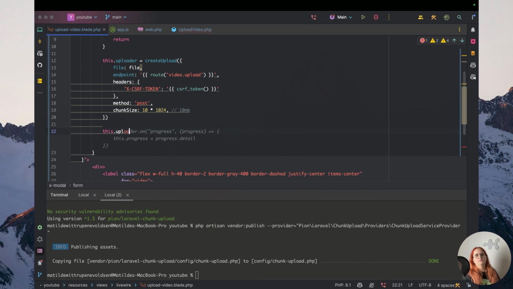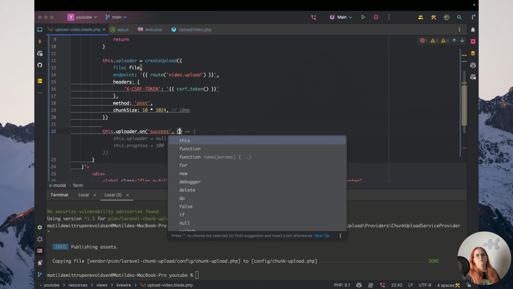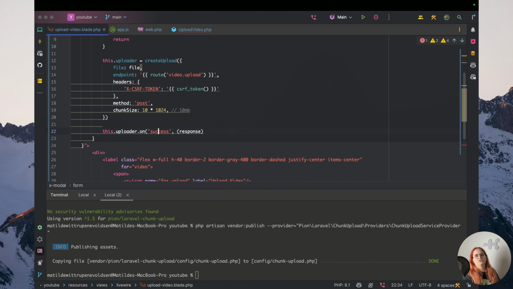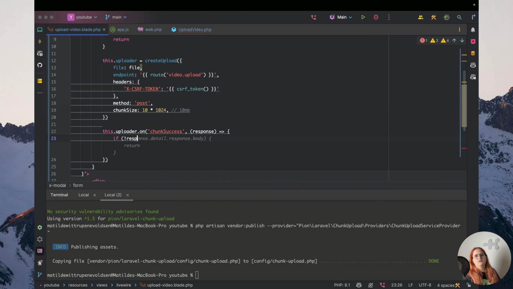this uploader on success, and then here we want to just say not progress, so we want to say response, and it's also called chunk success actually. So you want to pass through a function here where we are going to first and foremost check if response.detail.response.body, then in that case we just want to go ahead and return nothing. Otherwise we want to say